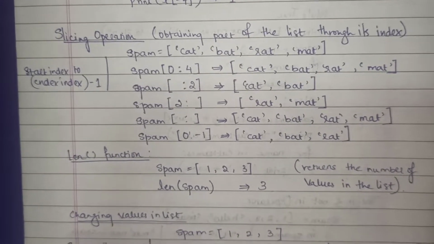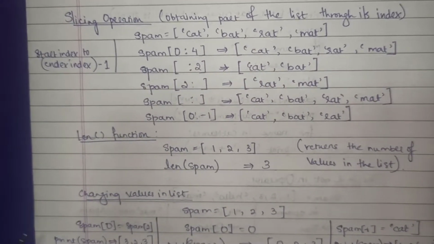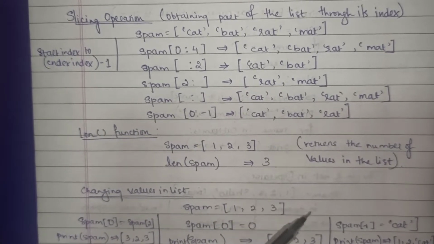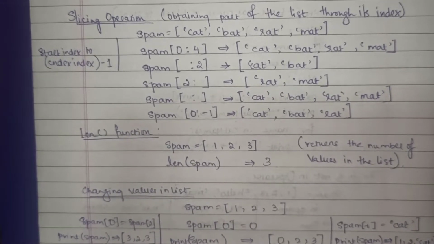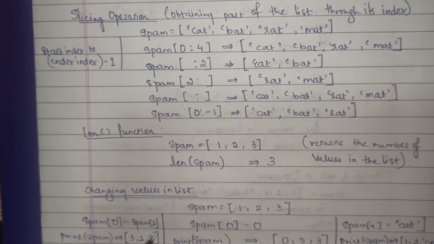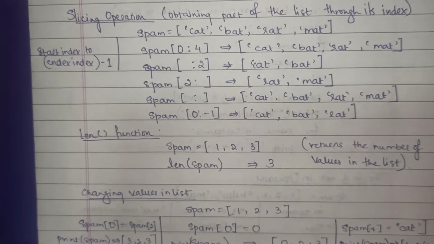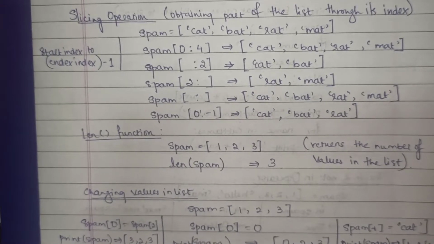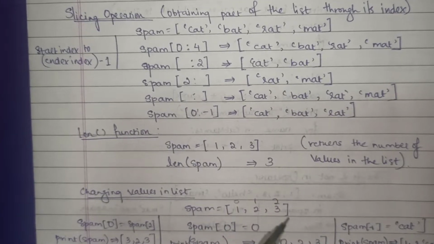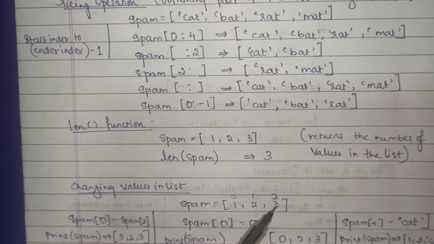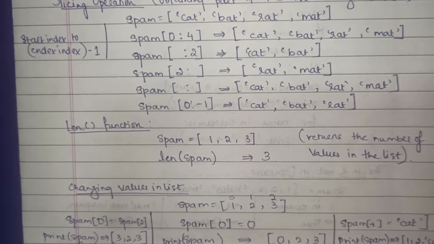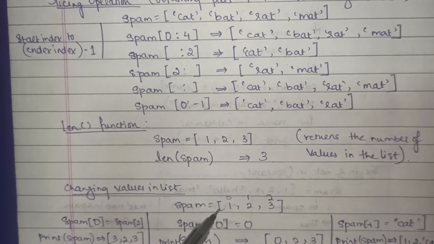After which, we see how we can change the values in the list. Suppose you have the list spam equals 1, 2, 3 with the elements 1, 2, 3, and you want to change spam of 0 to be equal to spam of 2. So whatever is there in spam of 2. Spam of 0, 1, 2 are the index values. So in spam of 2 you have 3, and that will be assigned to spam of 0. When you print the spam, the 0 index will be turned into 3,